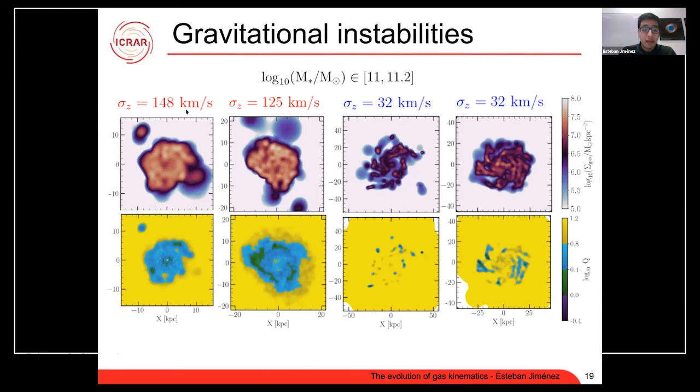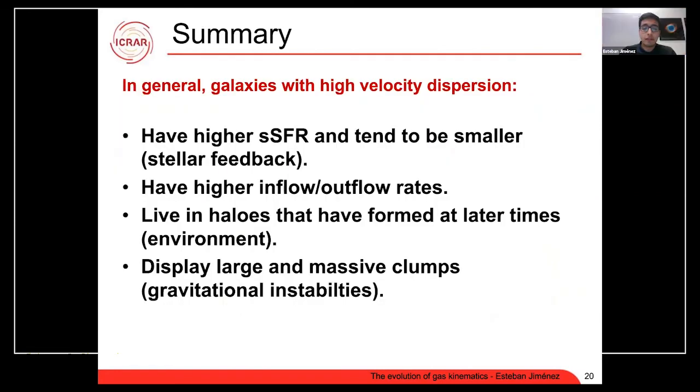On the left-hand side, in the first two examples, you can see that the galaxies that have high velocity dispersion also tend to have very massive and big clumps in their 2D maps. And in the case of the low velocity dispersion galaxies, they tend to have smaller and less massive clumps in general. So just to summarize,